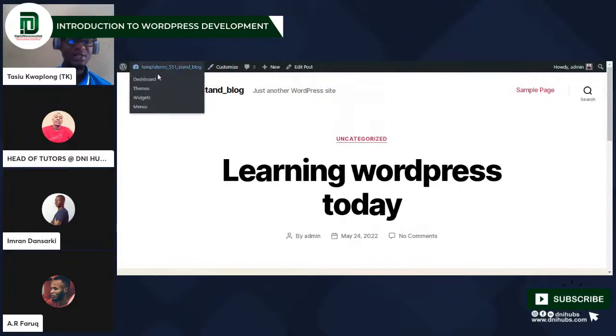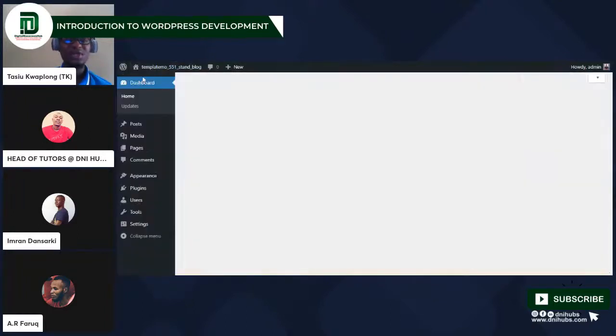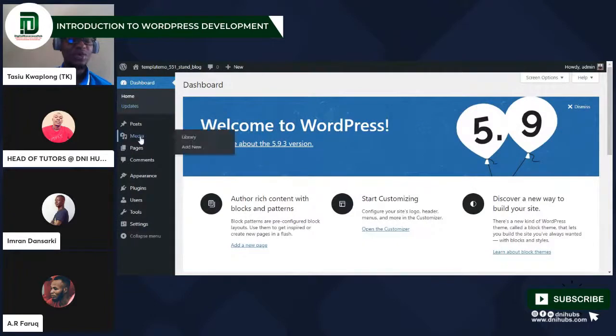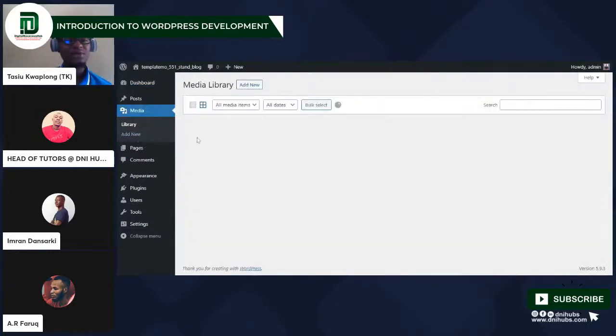So let's try see other things that we can do on WordPress. So we can upload media, right? By media, it means you can add pictures, you can add videos, you can add whatever it is you want to display. So for example, I think there are sites that even use this, like downloading websites. I think there is a website I know that people go and download movies. They also use WordPress. So all what they do is that they come here, they upload the video, and then they share the link to you, and then you come and download. So basically, if you also want to run a website that enables people to download movies or videos or pictures, you can also consider using